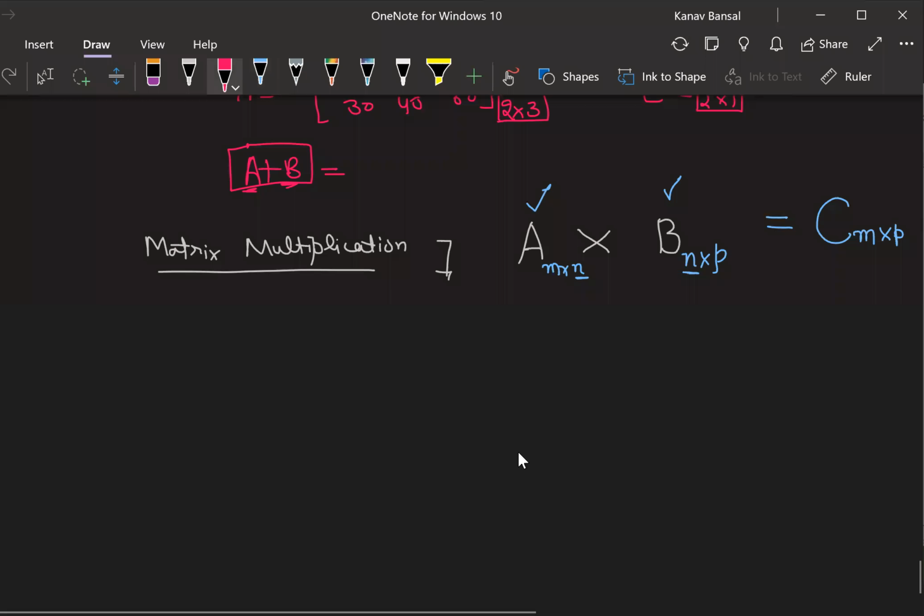So Tony, what I was discussing was only the matrix multiplication. If one matrix is of shape M cross N, the other matrix should be of shape N cross something, right? Because the number of columns here should be equal to the number of rows here to make these two matrices multiply. We need to make sure of that. And the final product C will be M cross P, where M is this and P is this. Fine.